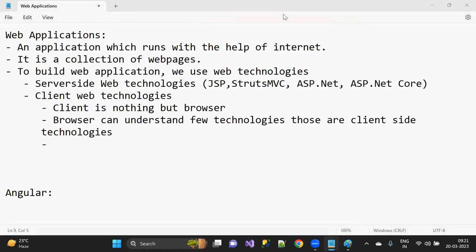What are the technologies? Very good. HTML. Nice. So that means it can understand what? HTML, CSS, and JavaScript. Frankly speaking, the browser cannot understand Angular, React, whatever it might be. The browser can understand only HTML, CSS, JavaScript. These three only. Then you may get a question, Srikanth, then why should we go with jQuery, Angular, React,